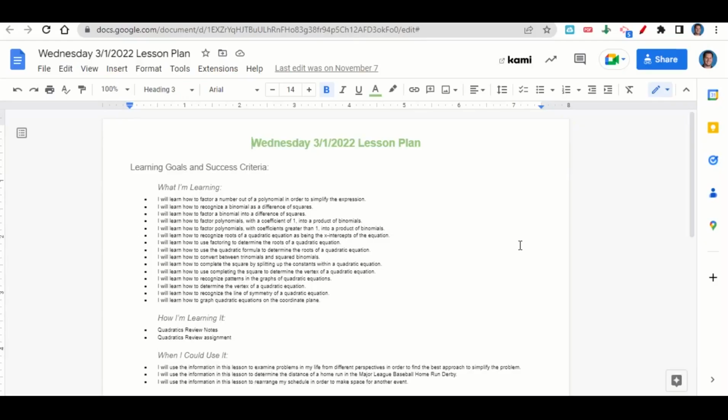Welcome everyone. Let's begin our lesson for today by going over the learning goals and success criteria. First, what are we learning? We're learning how to factor a number out of a polynomial in order to simplify an expression, how to recognize